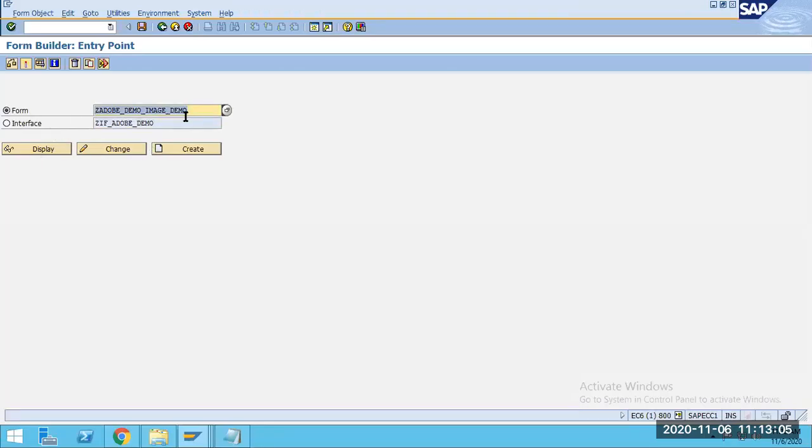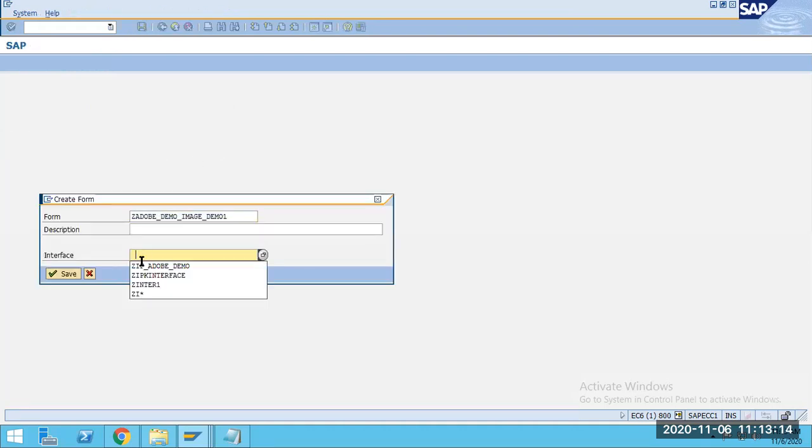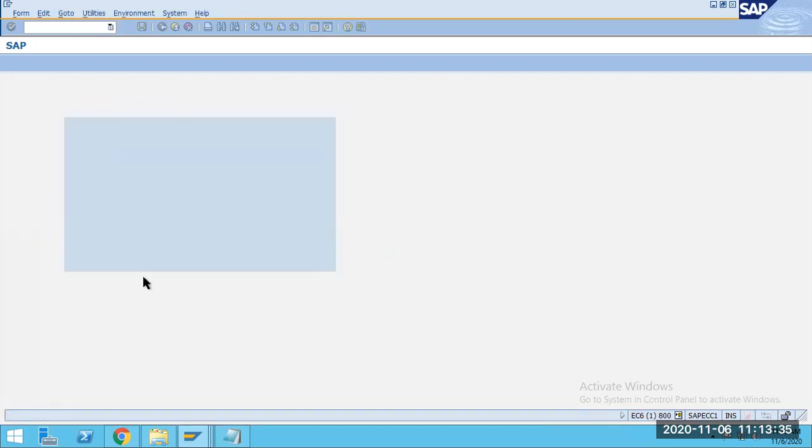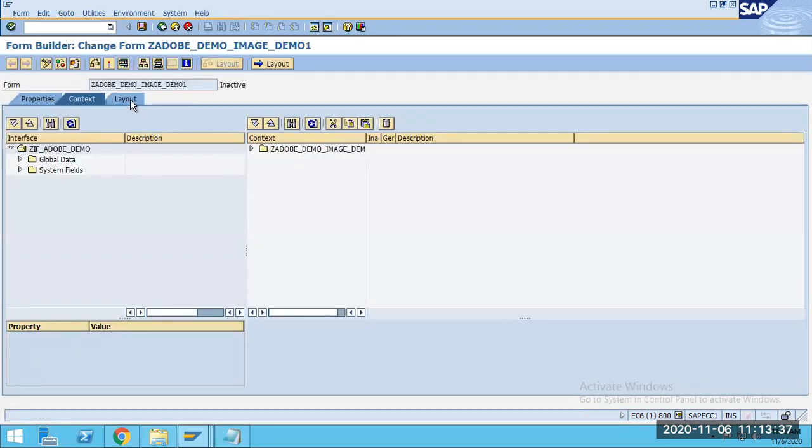So go to the form over here. Already I have created one form, or maybe I will create one more form. Click on this create button, give the interface name. Already this interface is created. Image upload into Adobe Form using simple technique. And the transaction in which I am is the SFP transaction, right? To create the Adobe Form, go to the layout,